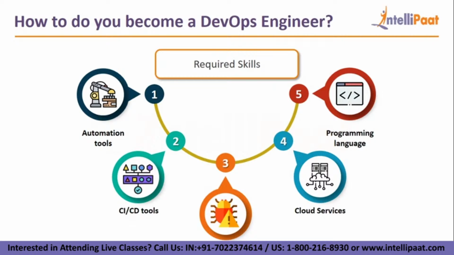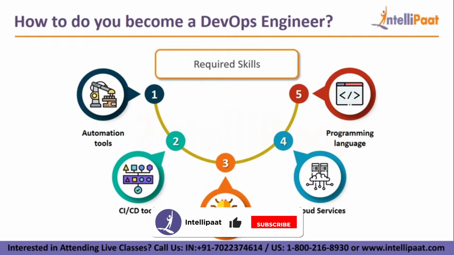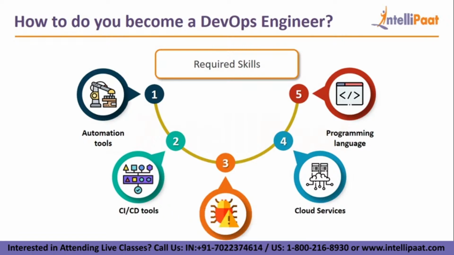Okay, now once you're done with the tools, obviously you'll have to go ahead and learn a lot of best practices. So if you are not a developer and if you're not a system admin, you will have to learn how architectures are basically deployed on production systems, right? And for that, you'll have to go through a lot of white papers. So you can actually refer AWS white papers, you can refer Azure white papers, and if you go through them, you will understand how the architectures basically are in the production grade, and then you can start implementing the tools that you have learned on these production systems, right, with the help of those white papers.